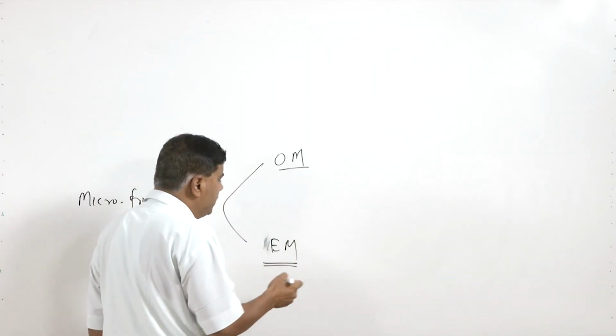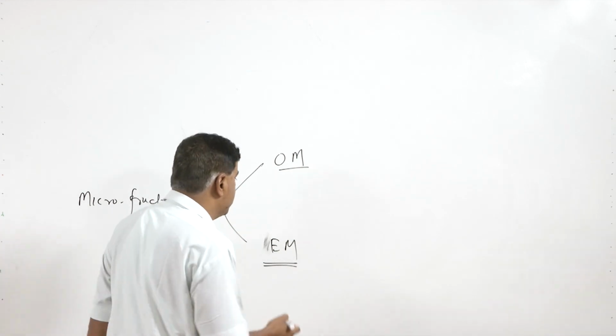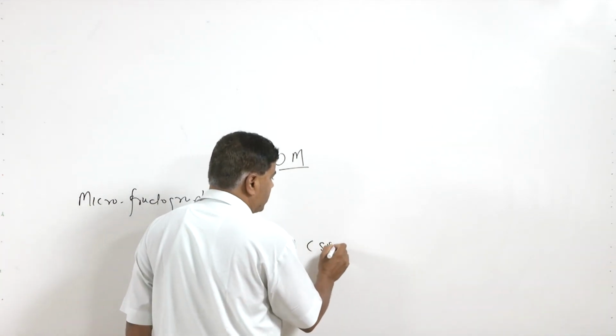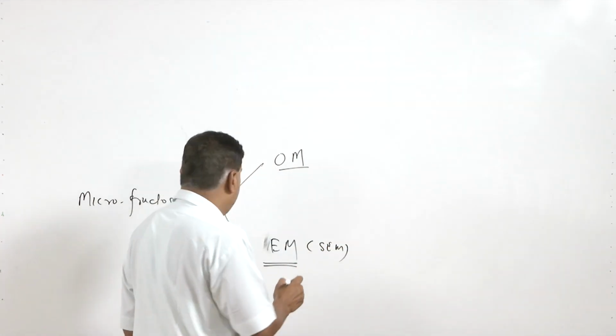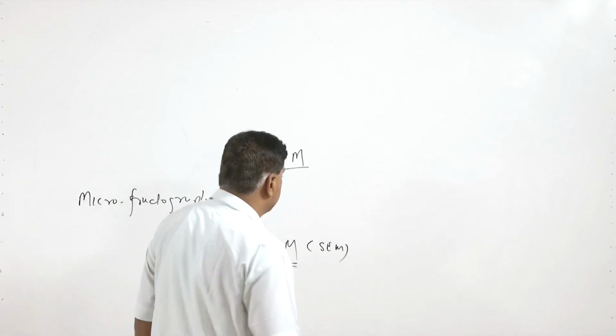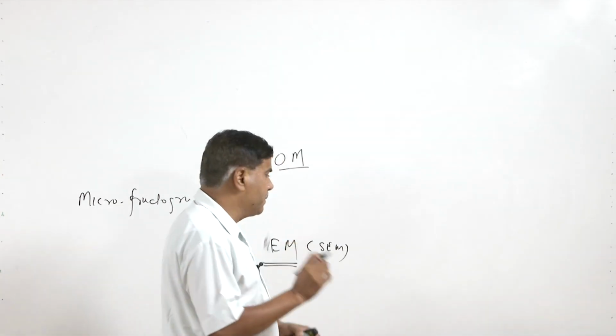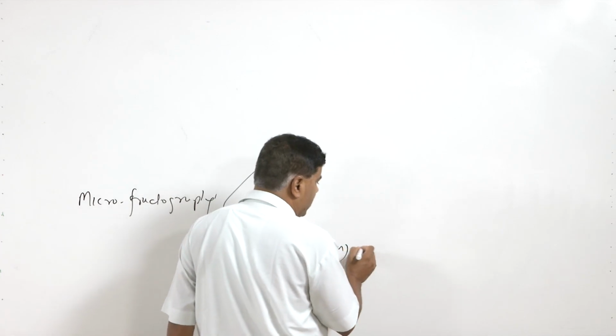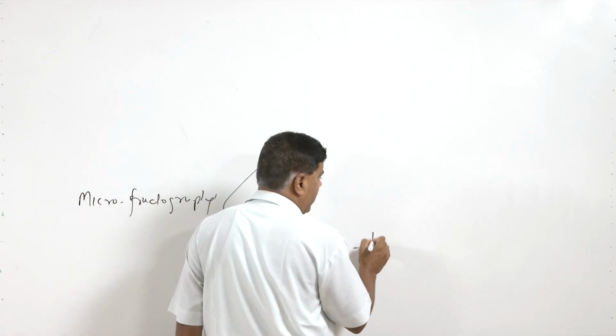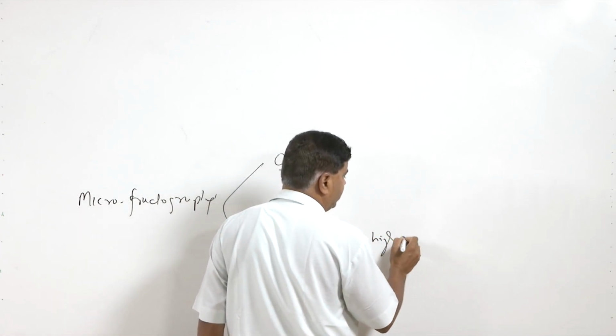It is preferred to use scanning electron microscopy, also known as SEM, for the fractography of the surface, because it allows very high resolution,